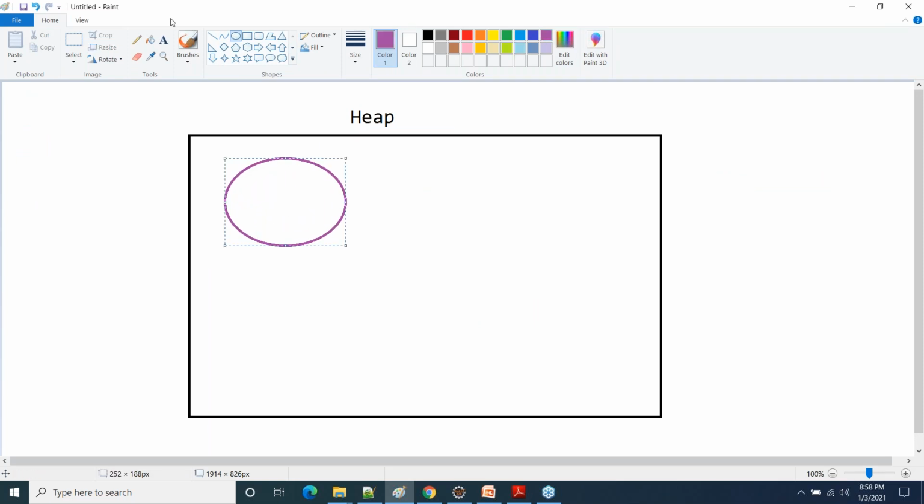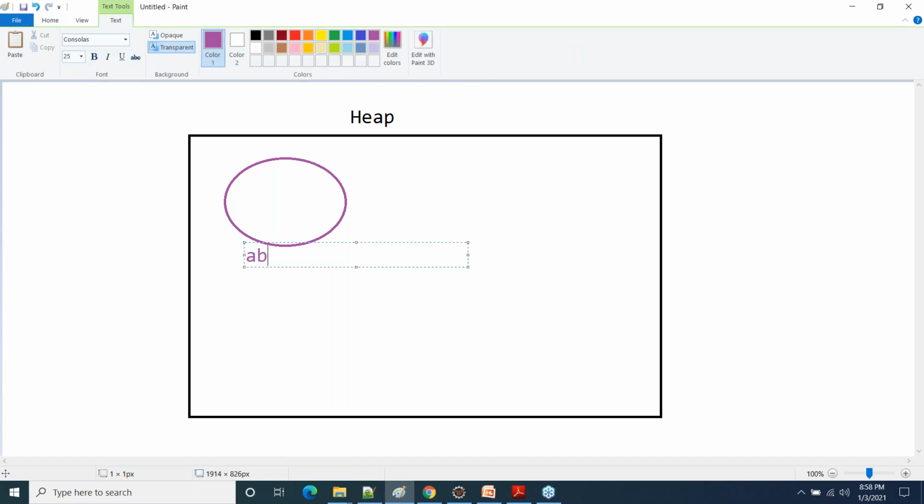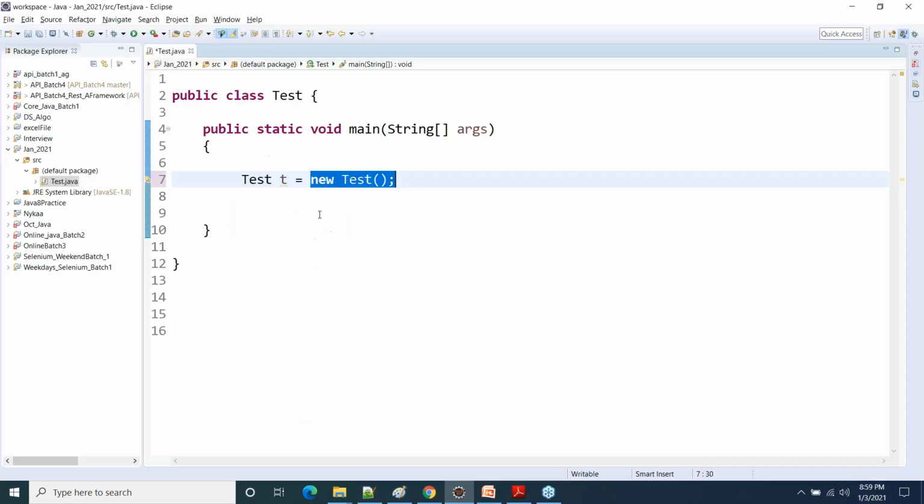A new object has been created, and the object that gets created for the test class will certainly have an address. Let's say, for example, the address of this object is ABC123. I'm just taking some example. When any object gets created for any class, that object will certainly have some memory address. So the right hand side part execution is done. Does anybody have any doubt as far as the right hand side is concerned? Please ask.